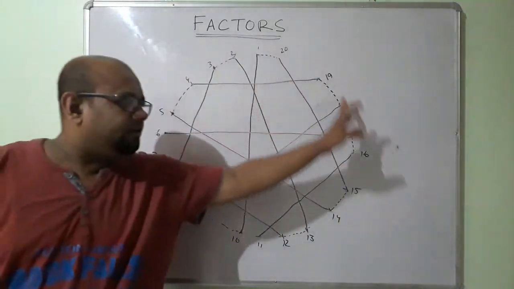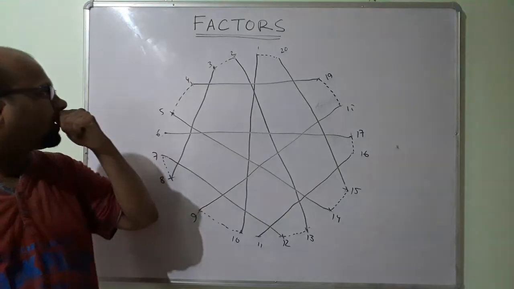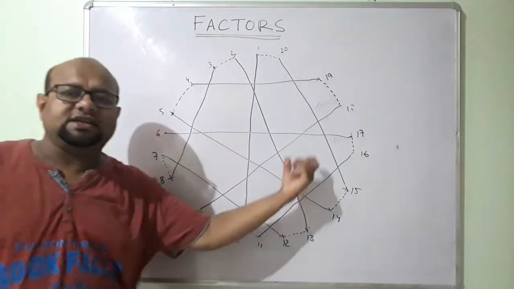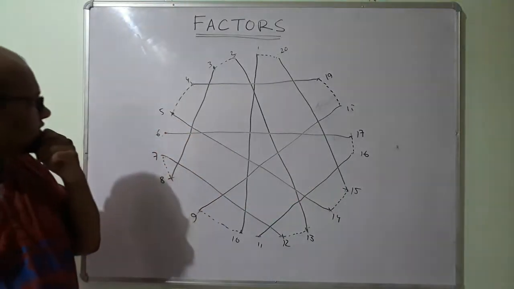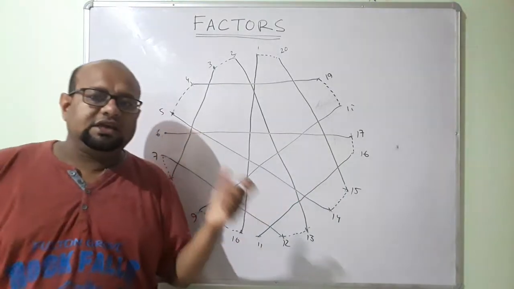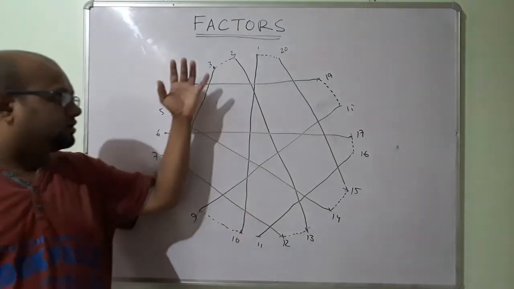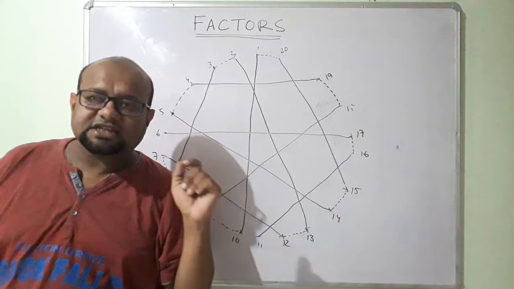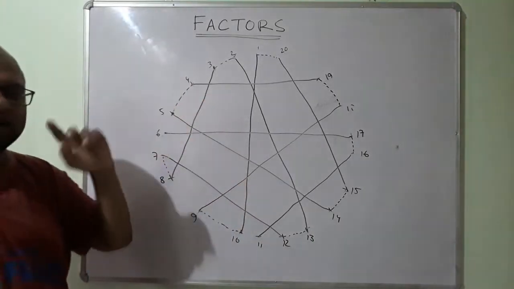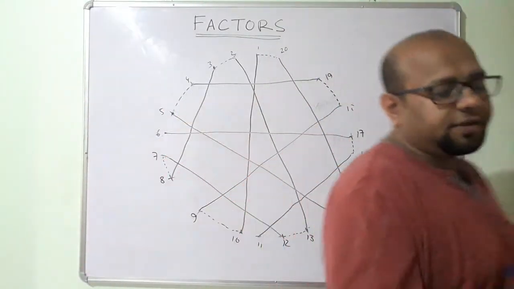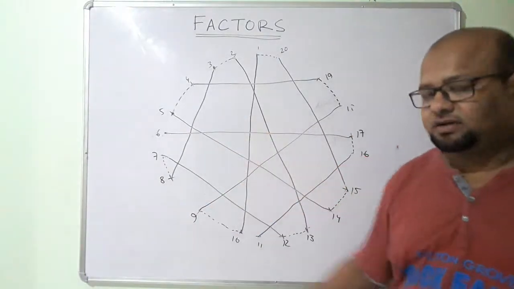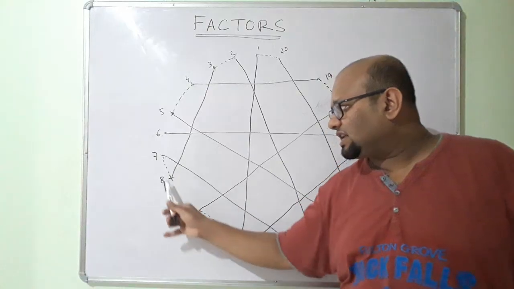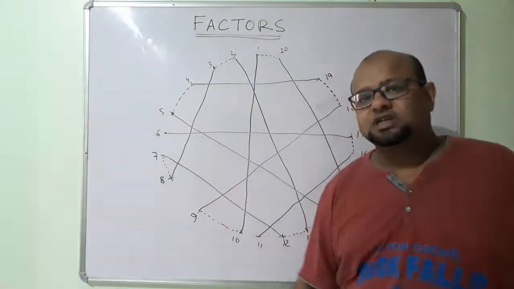This will give me a spanning subgraph, because all the vertices are taken. Is this regular? Once again, ignore the solid lines. If I take only the dashed lines, each vertex has degree equal to 1, so this is regular. Why am I taking degree equal to 1? Each vertex has two degrees, this dashed line and this solid line, but I said ignore the solid lines.